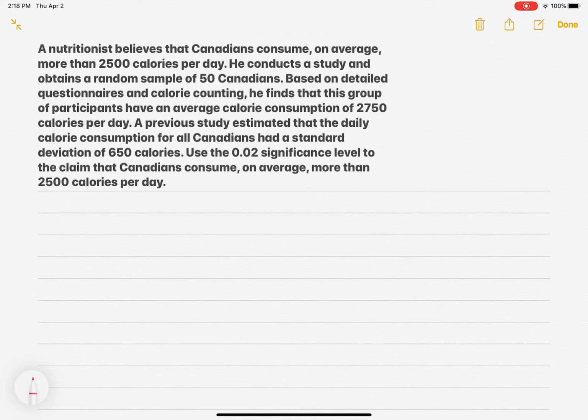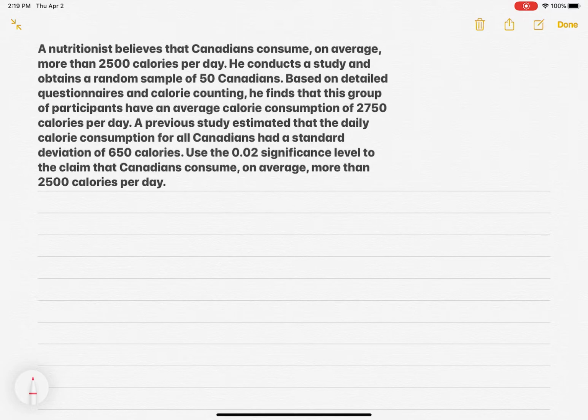Here we have a problem, a situation. A nutritionist believes that Canadians consume, on average, more than 2,500 calories per day. He conducts a study and obtains a random sample of 50 Canadians. So he picks out 50 random Canadians based on detailed questionnaires and calorie counting. He has these 50 people count their calories and do questionnaires. He finds that this group of participants has an average calorie consumption of